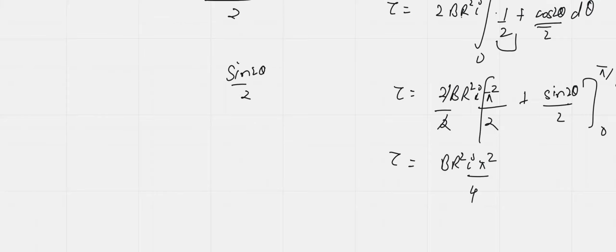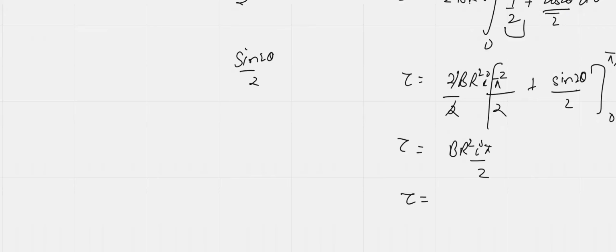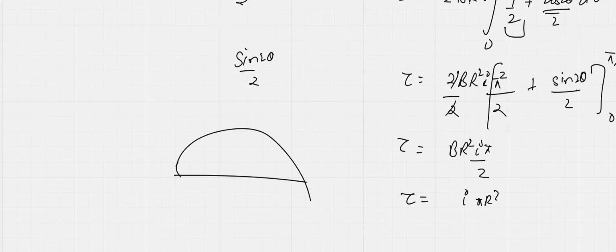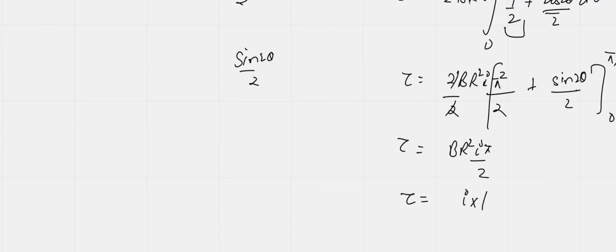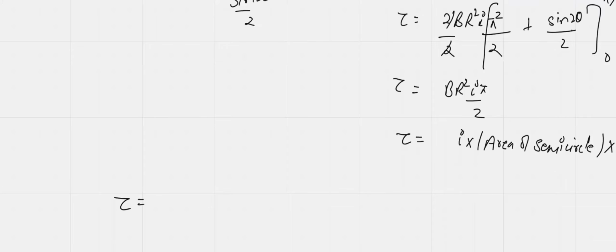So you can see now pi by 2. If you look carefully further, I can write this is I. What is pi r square? Pi r square, because I have taken this as a semicircle. If you take the complete circle, this will become the area of a circle. Because it is divided by 2, you can call this the area of a semicircle. So here the thing is basically I into the area of a semicircle, multiplied by 2. So the formula for the torque comes out as B I times A